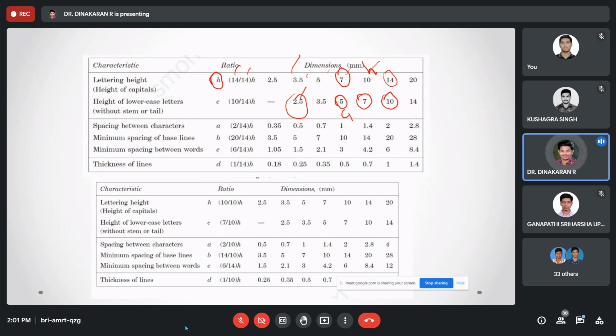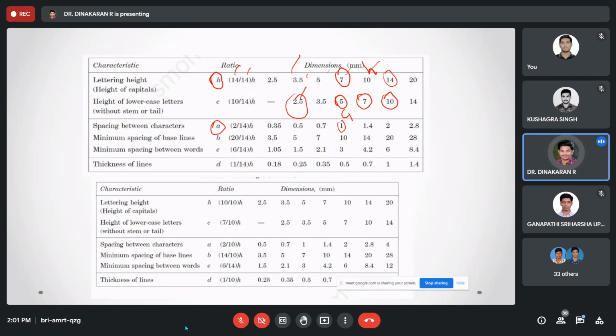Okay. Now, in the same way, this chart for spacing is helpful for writing letters. Also the A value: 1 mm for 7 mm height. In the same way, for 14 mm, how much is the A value? Height is 14 mm. How much is the spacing between characters?